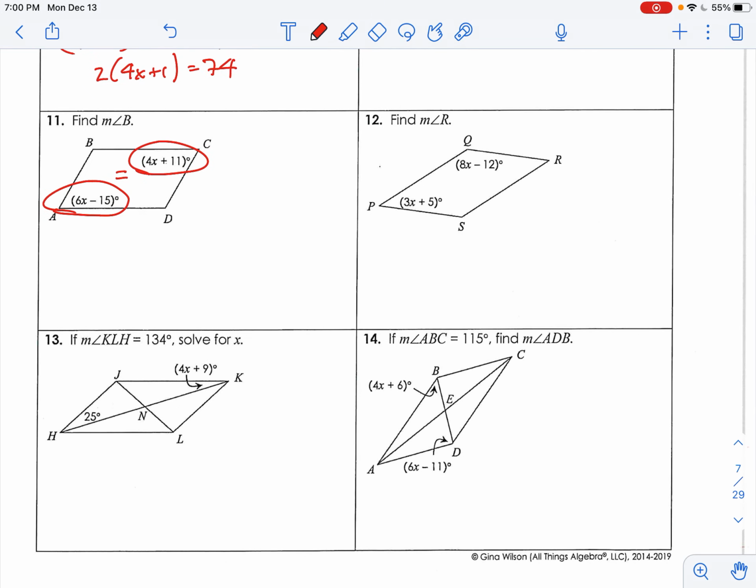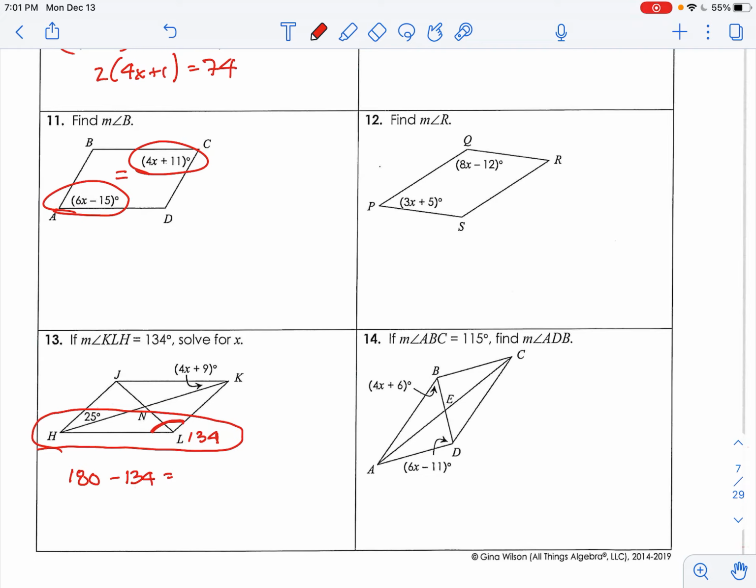All right, let's look here then at number 13. That's a little bit trickier, and this kind of reinforces something, and then we'll stop the video here. So if KLH, so this whole angle here is 134. Now what I want to try to do is solve for x. So I've got to figure out that. If this is 134, here's something we need to come up with, a little tougher. I need to look at these two. What's true about those two? Those two angles are supplementary. So if I took 180 minus 134, if you can follow me there,